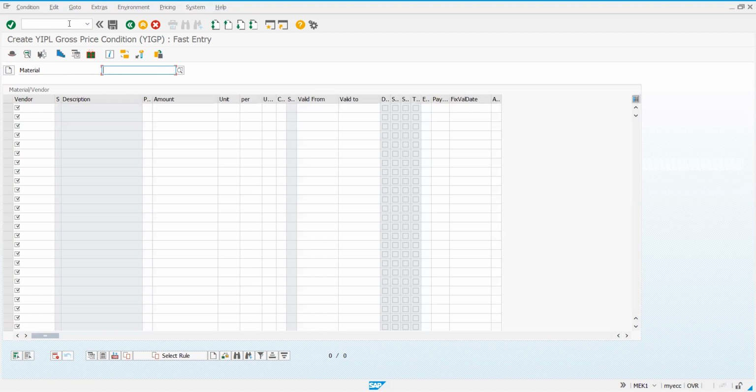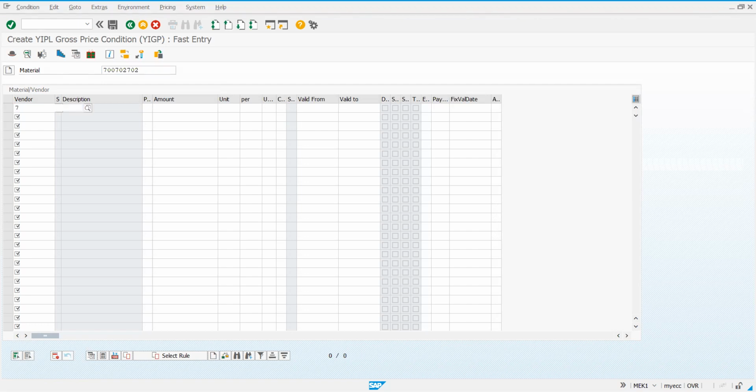Any material? 702. Okay, 702. So we can have more than one vendor providing discounts, so I can take them under this. And all these vendors should have been considered under the group.